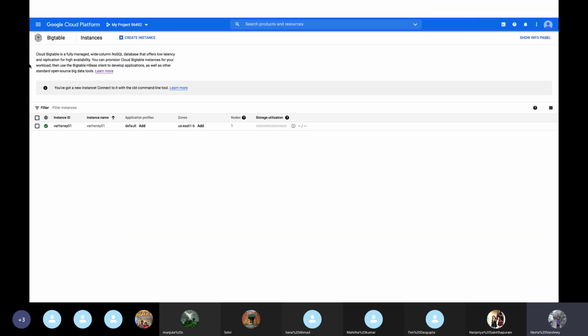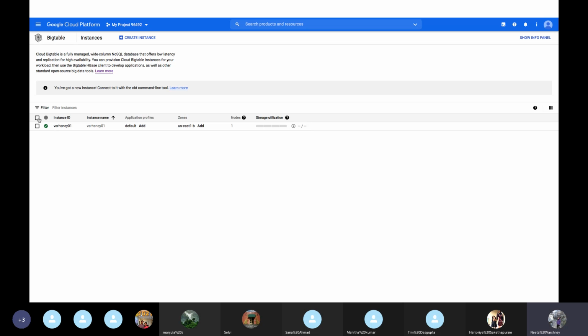On this page we see instance ID, instance name, zones, application profiles, nodes, but it's not giving us any detail about what this instance holds. If I have 10 instances here, it will be very difficult to remember what each instance has. So I can create a label for it.